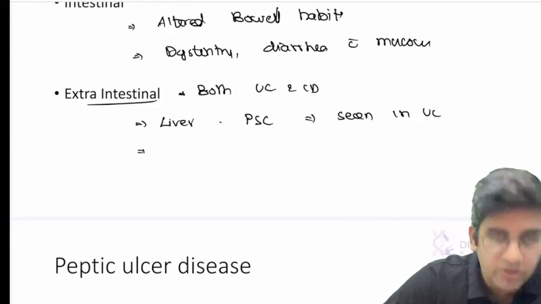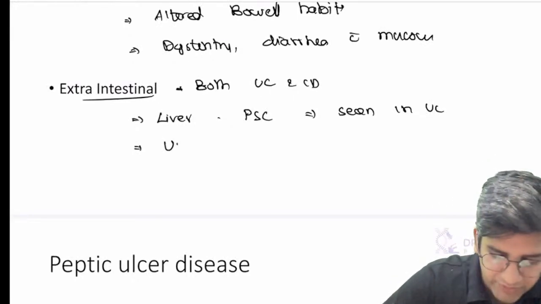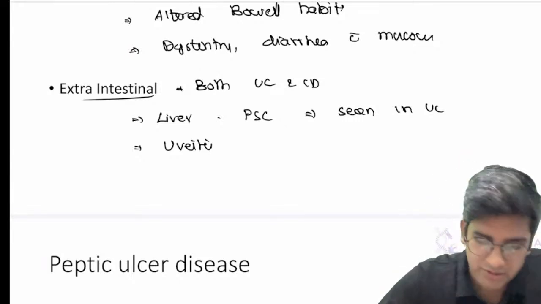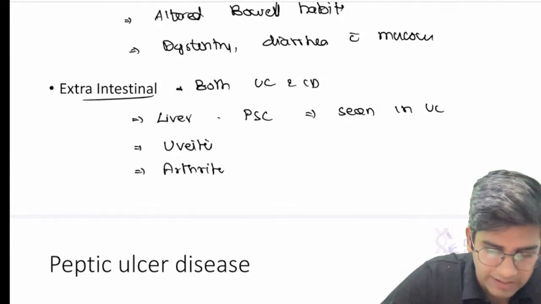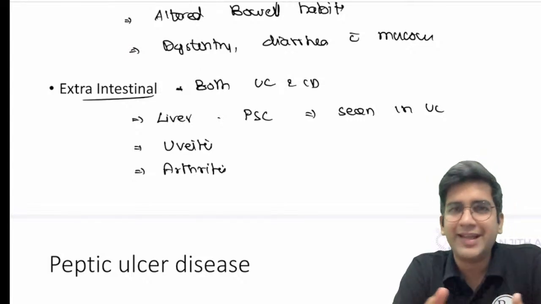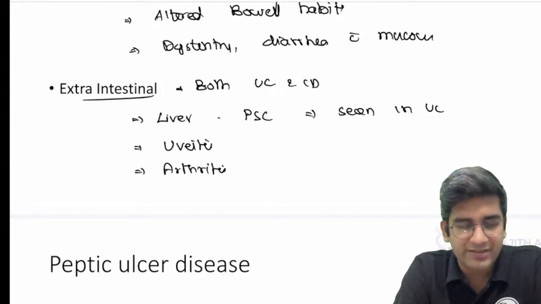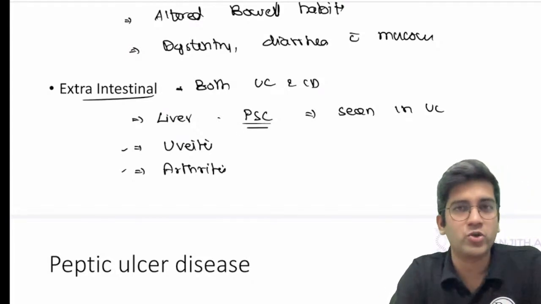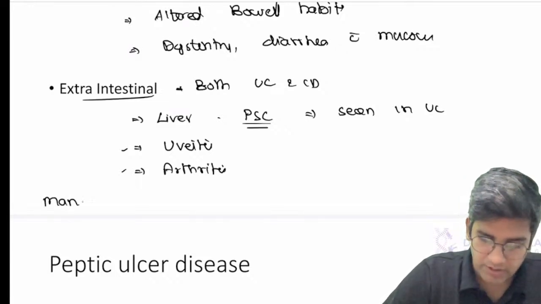You can have a good amount of lesions in the eye. When you go to ophthalmology, you will read them. Uveitis is common in both ulcerative colitis and Crohn's. Arthritis is also a little bit more common in ulcerative colitis and Crohn's, right? You can write any different types of arthritis. Skin lesions, a few of the skin lesions, but at least this, don't forget, add two more things. Eye and joints are also involved. These are extraintestinal manifestations.